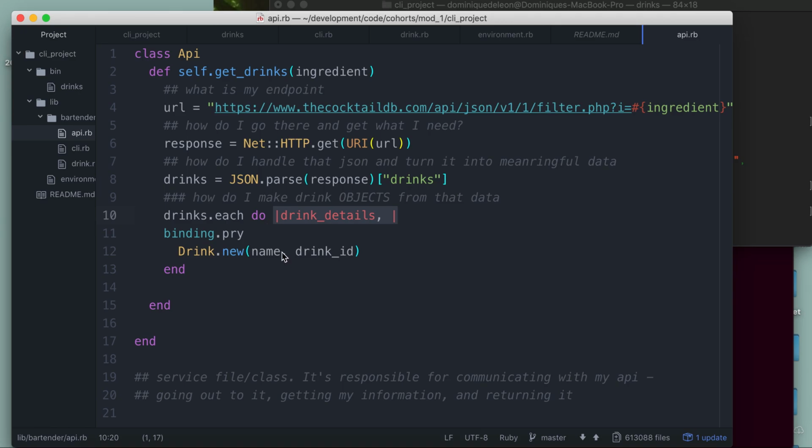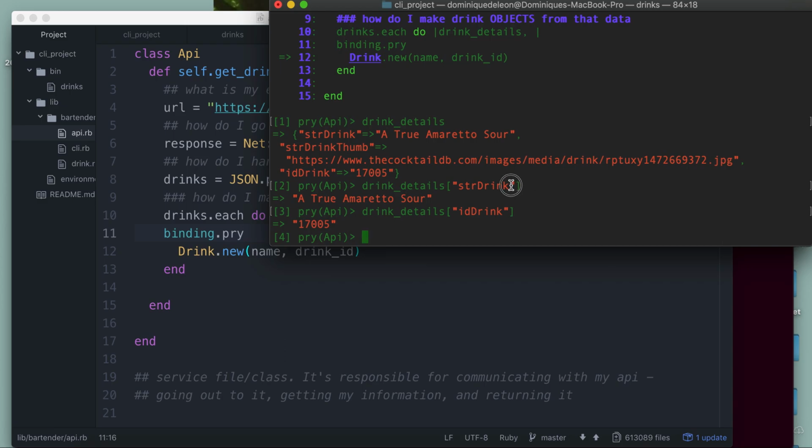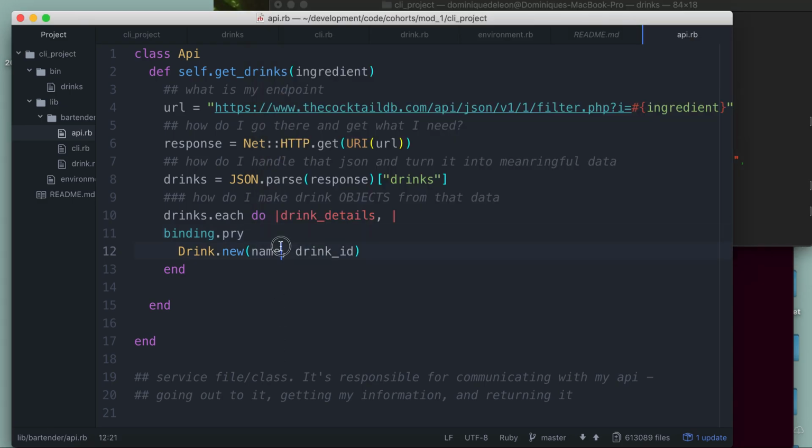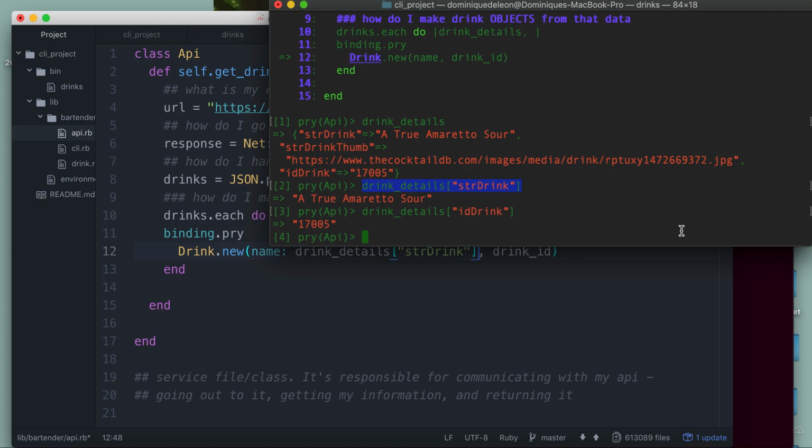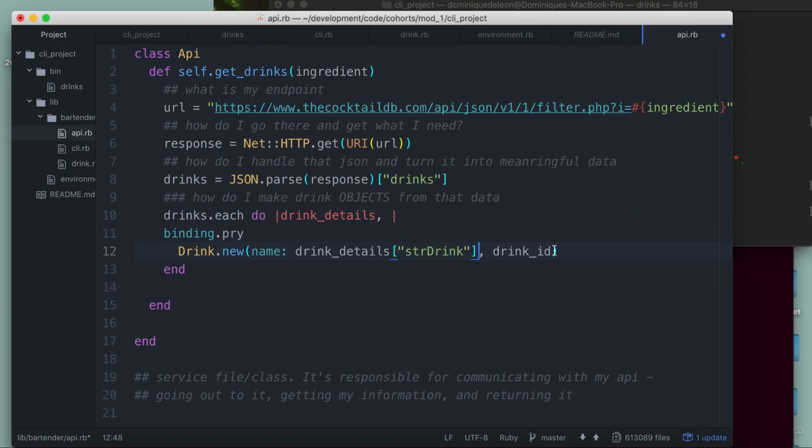We can do it right in our method call, I suppose. We're just going to copy paste that over. So we want to get the name of the drink, and then we want to get the ID. We're going to use that later. I'm not going to set it this way. We'll do it that way later. But we're going through and we're passing the drink name and the ID. Okay. I'm going to clean this up a little bit because that's ugly. And then now,